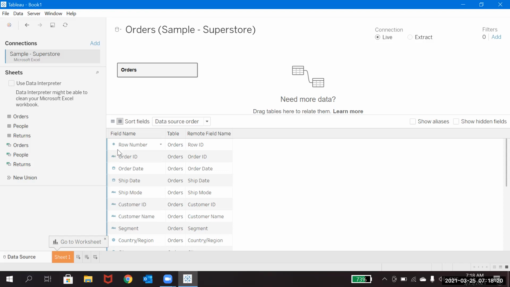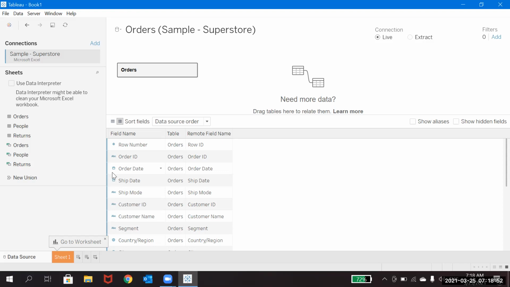Okay, so right now these are the fields which are coming from the data source. If you create any calculated field based on these fields, it will come with an equal symbol first. If it is numerical values, it will just show the hashtag. If it is a text value, it will show this ABC. If it is a date field, it will show the date icon. So that's how you can recognize the equal symbol as a calculated field.